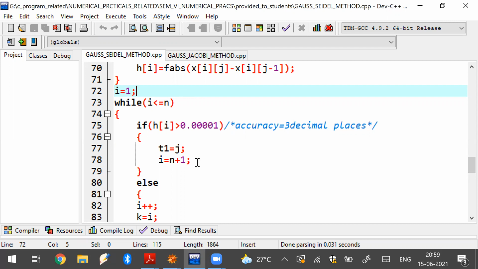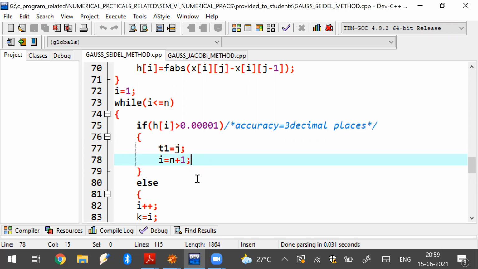Then I equal to n plus 1. Why I equal to n plus 1? So that this while loop does not run anymore, because the while loop is running up to n. If it becomes n plus 1, the while loop will not be executed and it will definitely come out of the while loop. This is the thing I am controlling: if any one of the variables is giving a mismatch of the accuracy, no need of stopping here, you just go into the next iteration, you have to calculate the next iteration.